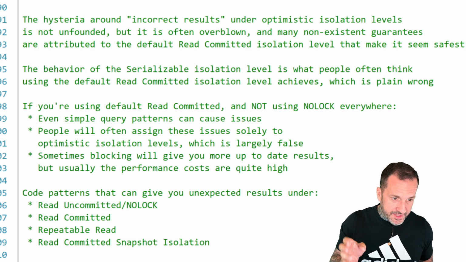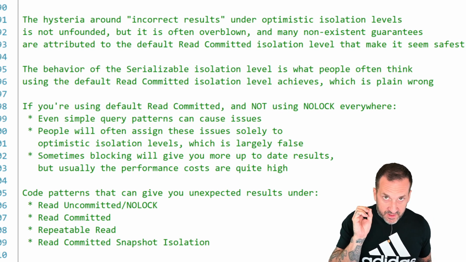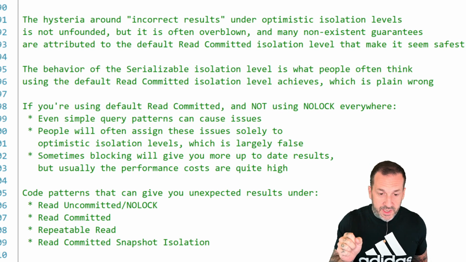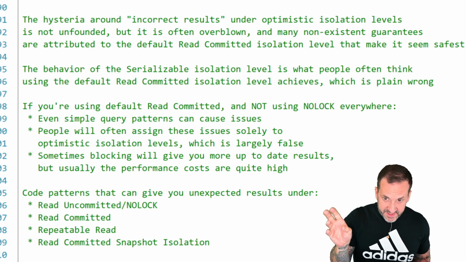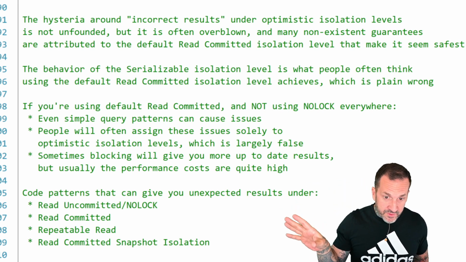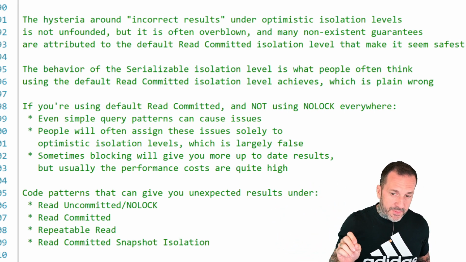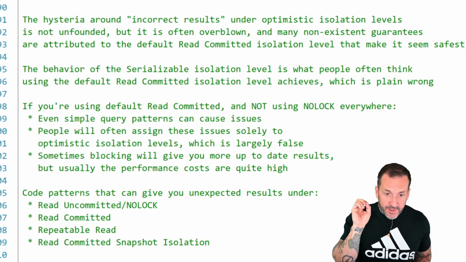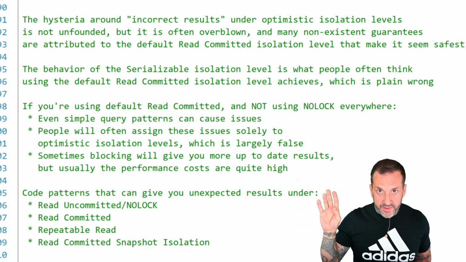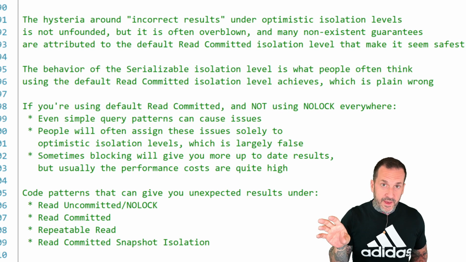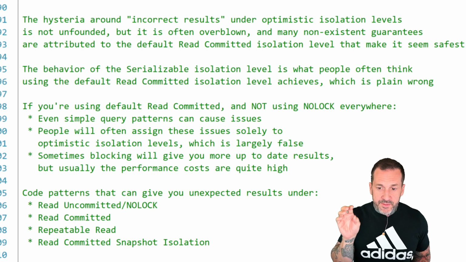The behavior of serializable as an isolation level is often what people think using the default read committed isolation level achieves, but that's just plain wrong. If you're using the default read committed pessimistic isolation level and you don't have no lock hints everywhere and you're not setting every isolation level to read uncommitted, even simple query patterns can cause issues. People will often only associate these issues with optimistic isolation levels, wrongly thinking that this can only happen when row versioning is in play. Sometimes blocking